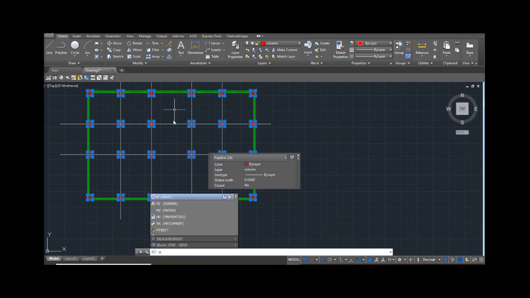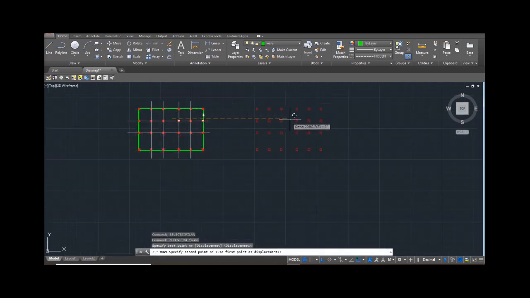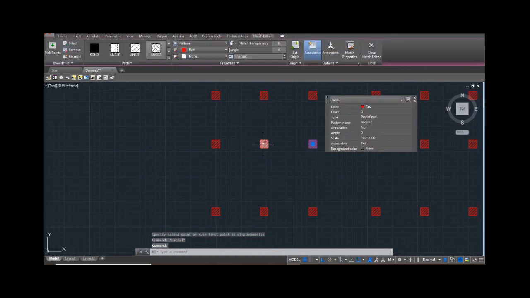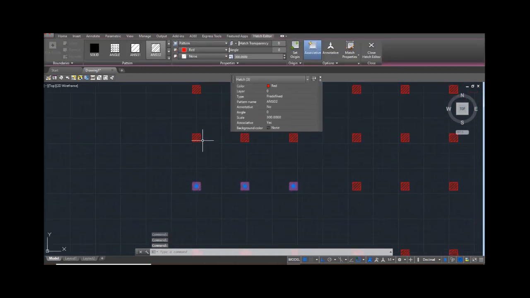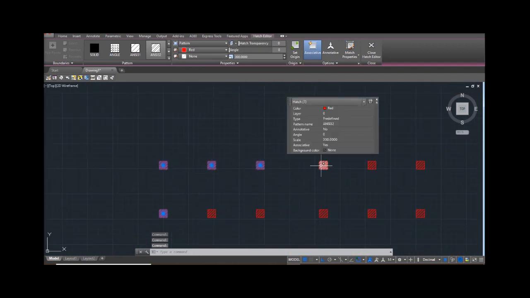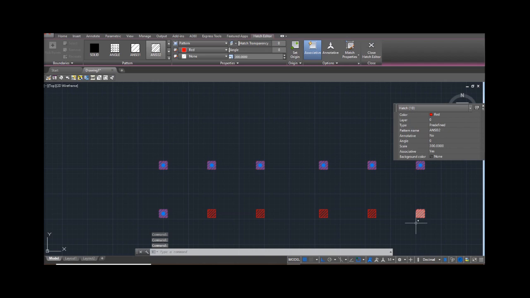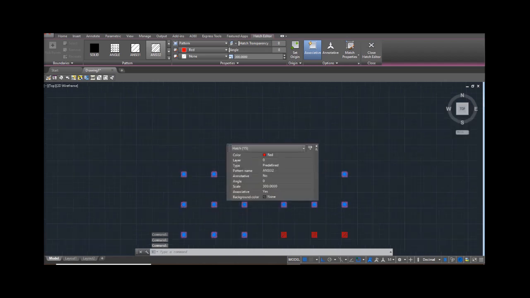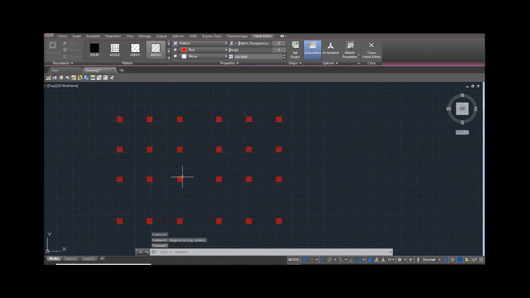Enter the move command and move it to one side. When you remove every hatching portion, it will be easy for you to understand. Or let it be, I will do it next.